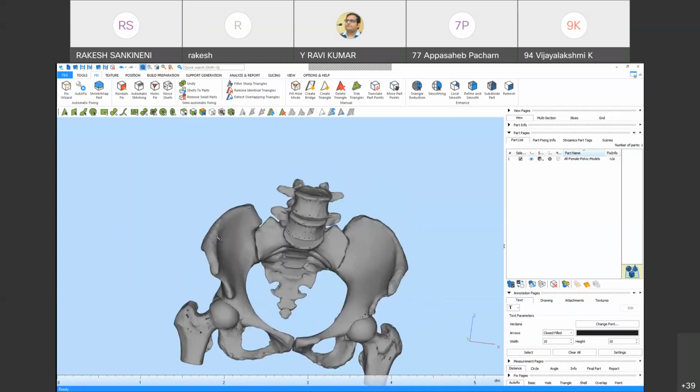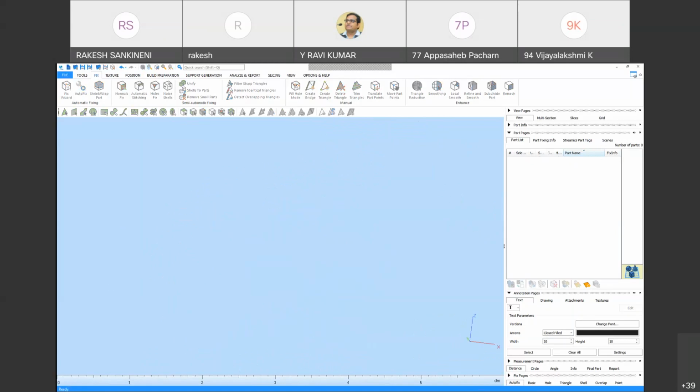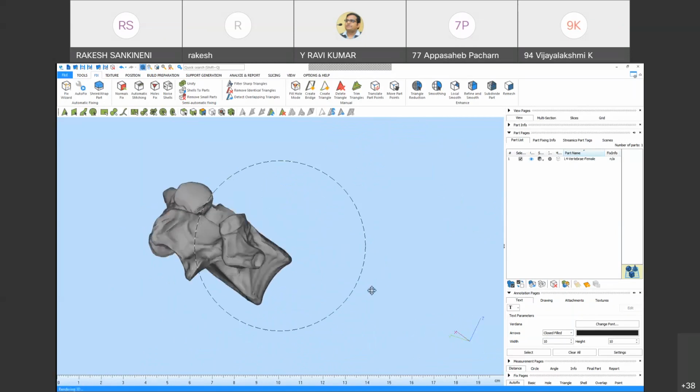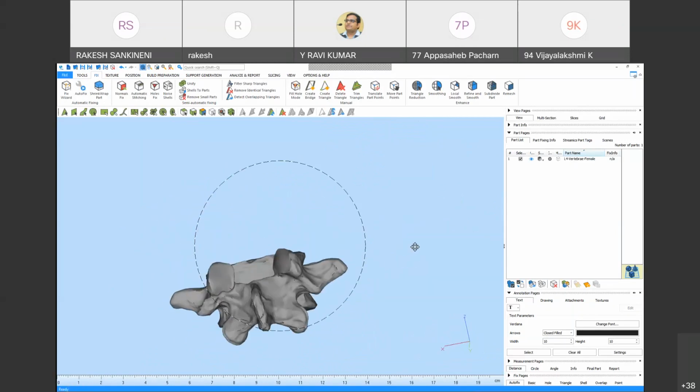Not only this pelvic bone, you can get other files online too. It's vertebrae.